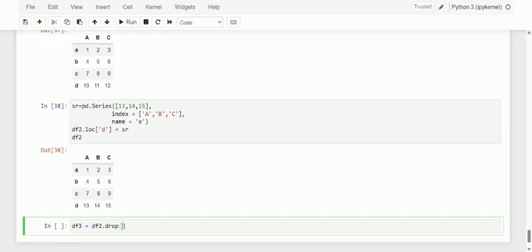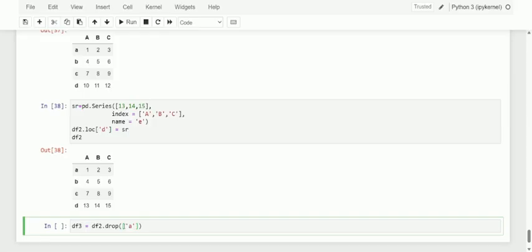And which row? Of course, kindly just observe, I'm just going to drop it where the axis, that is the index, is A. And dear friend, you can just specify the axis is equal to 0. If axis is 0, then it would delete the row, and if axis is equal to 1, yeah, it will delete the column.